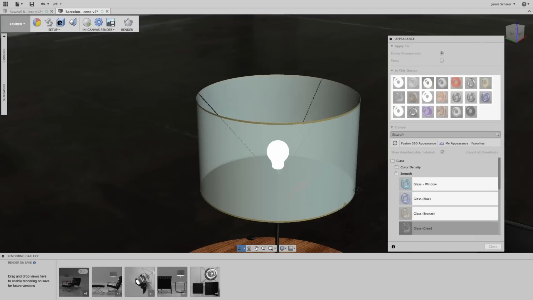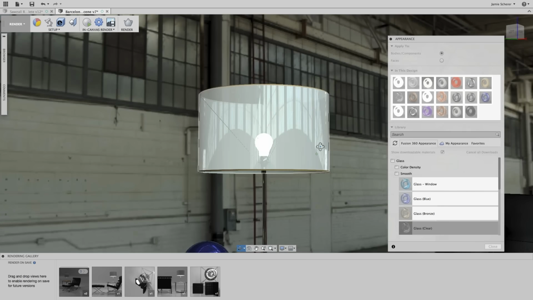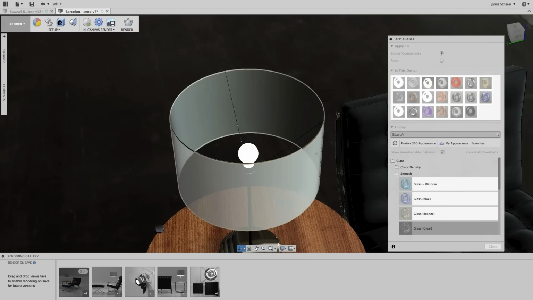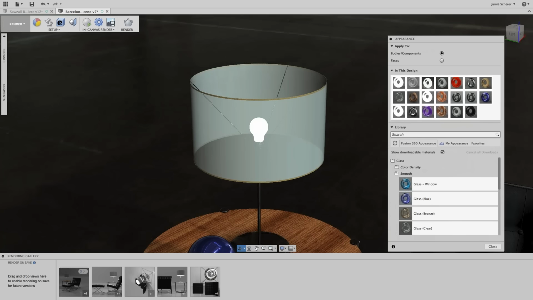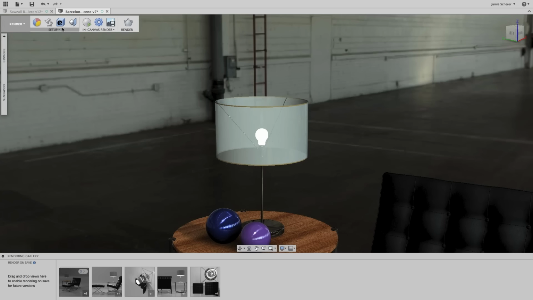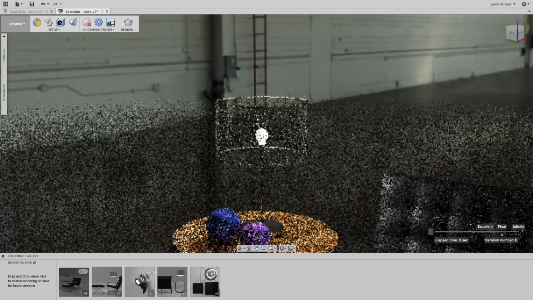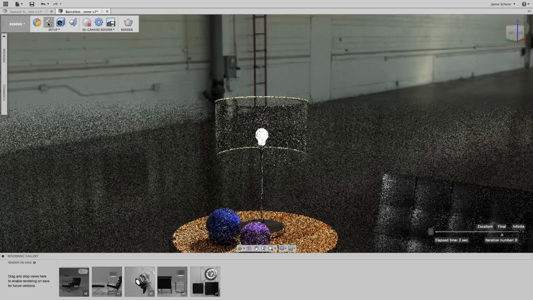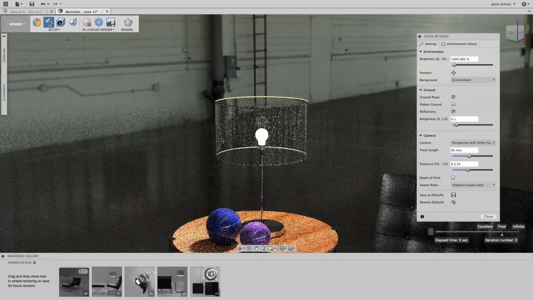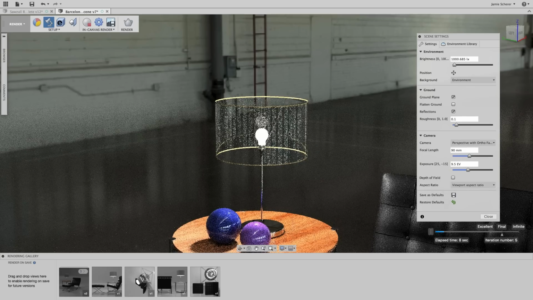There we go. Oh, there's two different material types on there, I think. So now I've got a glass on there, and if we were to hit the in-canvas render button, you see as that starts to render, it's kind of streaking on the glass like you would expect, and those streaks are the light sources, the windows in the warehouse that are on the right side of my scene. But if we take this back down to 0 again,